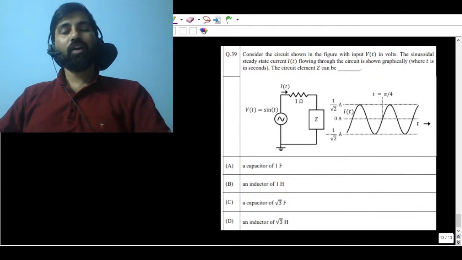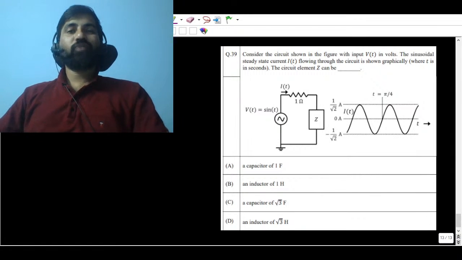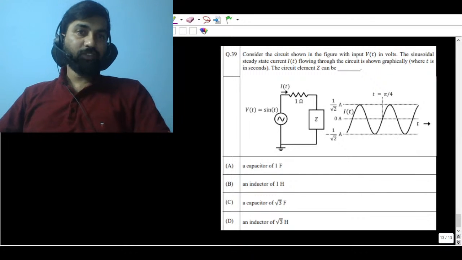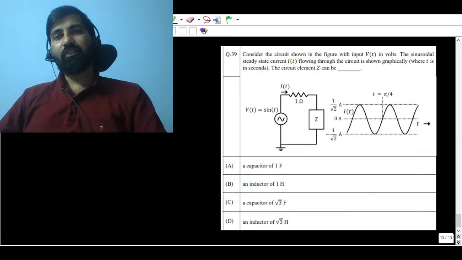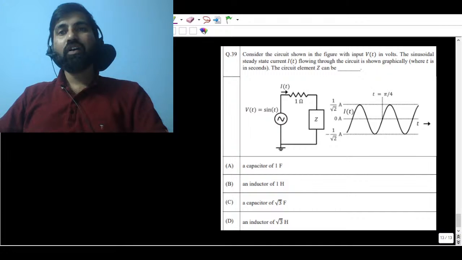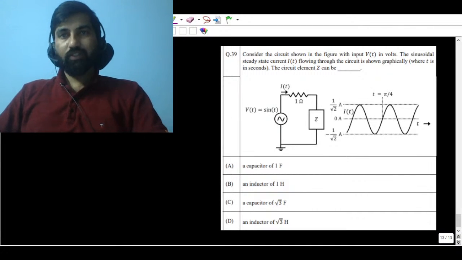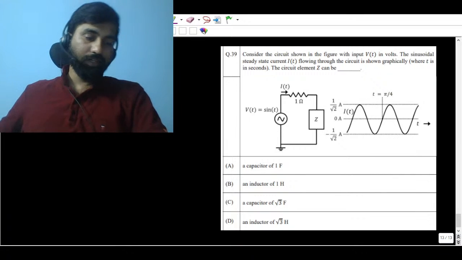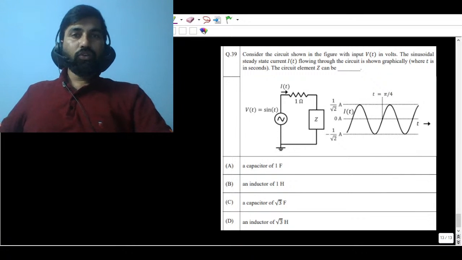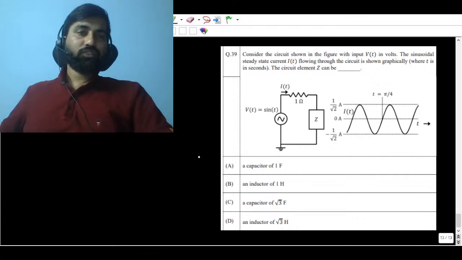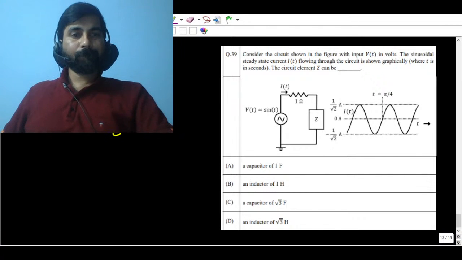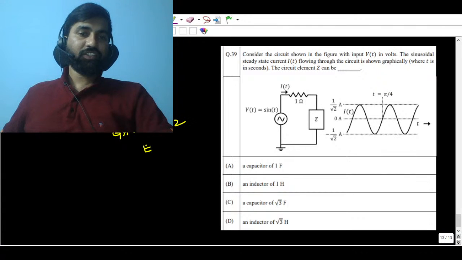I always talk about some of the good questions which have already been asked in the GATE examination. In fact, I will be bringing a few questions which are most likely to be asked in GATE after a few months, right? Okay, so let's solve this question. The question was asked in GATE 202